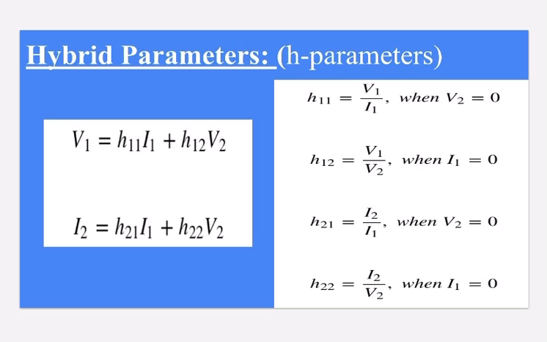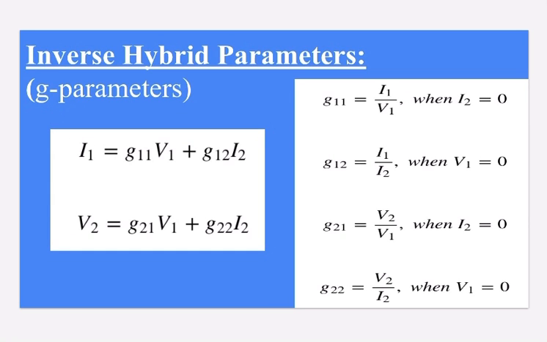So here the parameters H12 and H21 do not have any units, since those are dimensionless. The units of parameters H11 and H22 are ohms and mhos, respectively. So we can calculate two parameters, H11 and H21, by doing short circuit of port 2. Similarly, we can calculate the other two parameters, H12 and H22, by doing open circuit of port 1. So the H parameters or hybrid parameters are useful in transistor modeling circuits as well as in networks. So these are for the hybrid parameters.